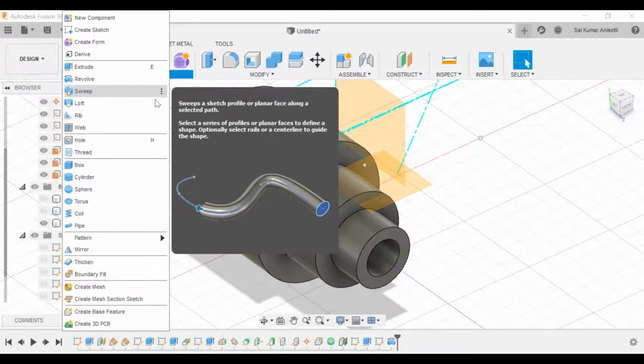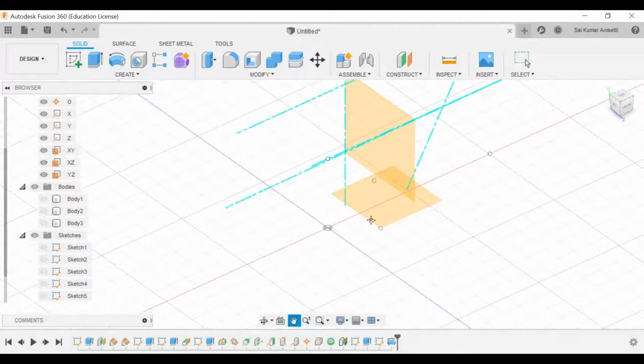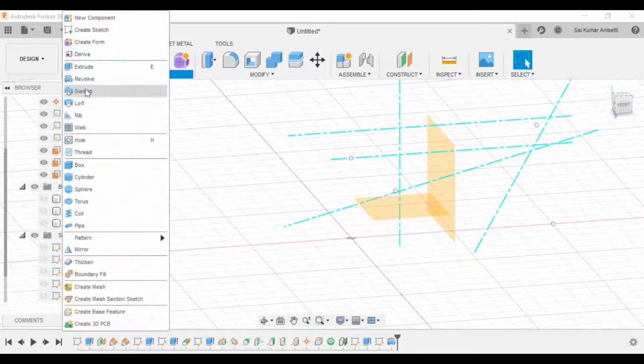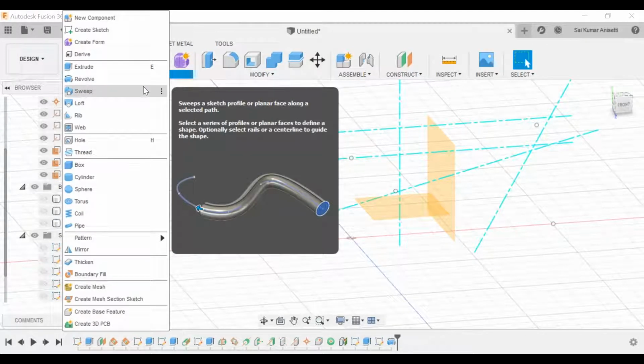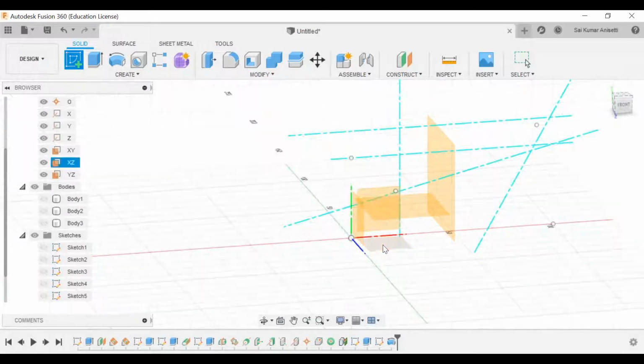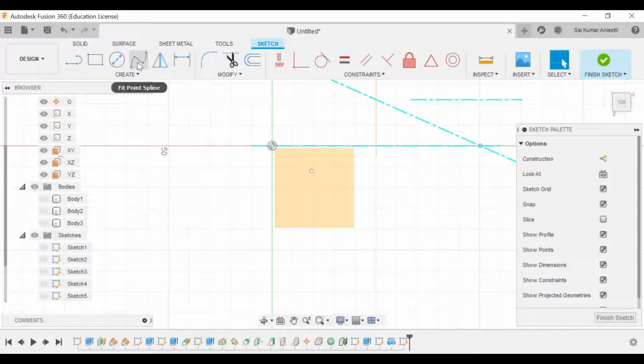Next, sweep. What sweep actually does is that you need a profile which is perpendicular to a given sketch. Let me hide this body, and you can observe a preview of it. Sweep. In the sweep option there is a profile, for example a circle. Let me draw a simple sketch on the XY or any given plane. You can go with a spline, or a simple line also. Let me go with a simple spline.